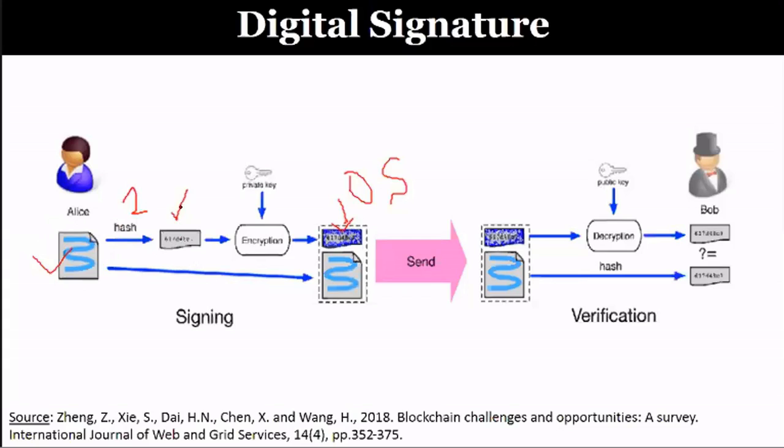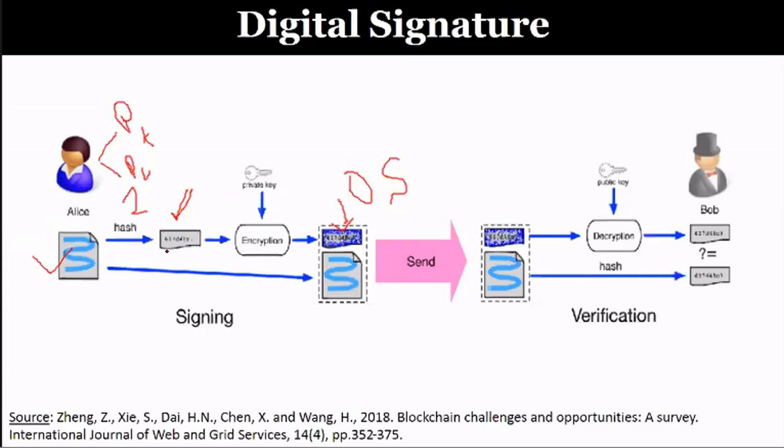After hashing, you get a hash value, right? So here is the hash value that you get after hashing. And in the second step, this hash value is then encrypted using the private key of Alice. So remember, blockchain uses asymmetric cryptography where you have a public-private key pair. So you have a public key, let's say PU, and another key, PV, the private key. The private key is used by Alice to encrypt the hash value to get the digital signature,